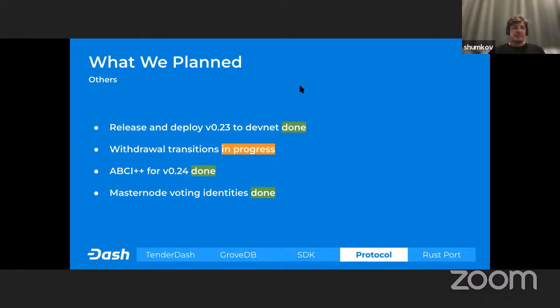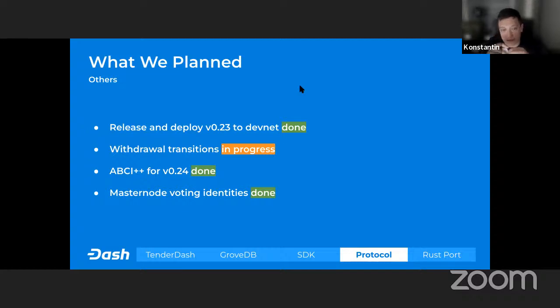Kostya, would you help me to explain ABCI++ and putting identities? Yeah, sure. ABCI stands for application blockchain interface, and this is the interface between Tenderdash and Drive that we use.